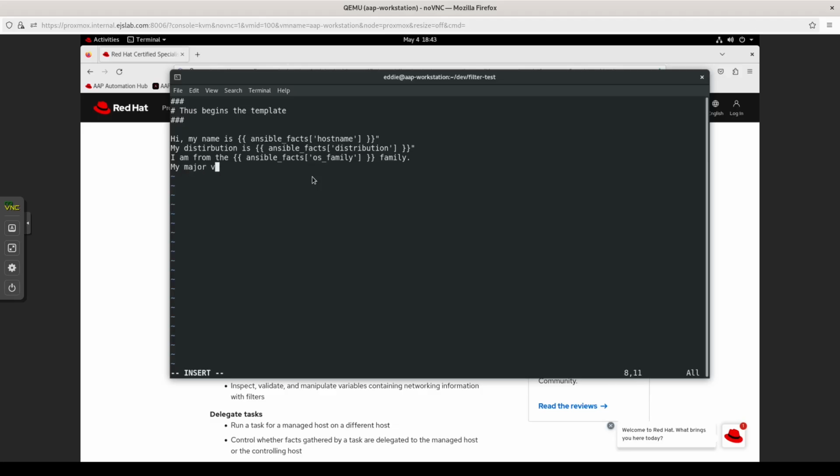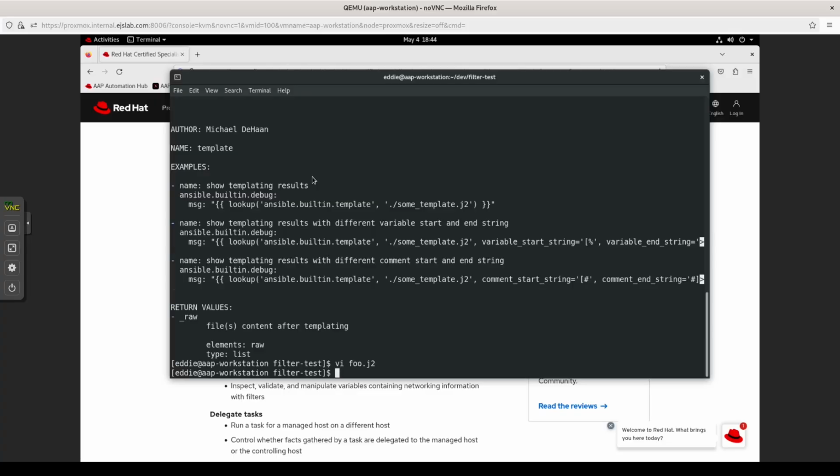My major version is "versino". It's a common misspelling for me when I'm typing. We'll do distribution major version. All right, so this should be a valid template. Let me make a